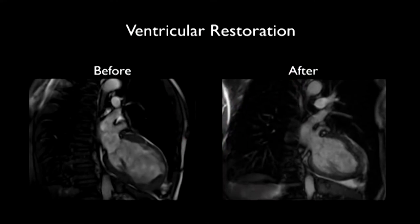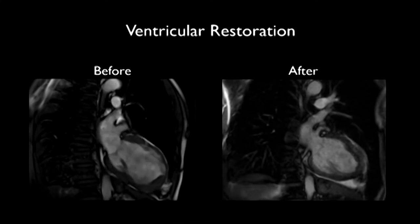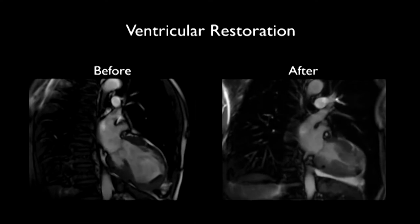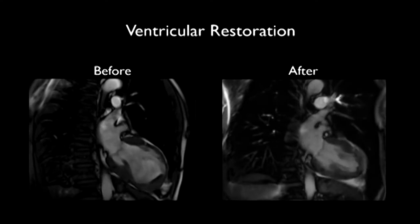This image shows the functional effects of heart failure, and the results after restoring ventricular form to normal. On the left, the spherical basketball shape remains circular during function, and heart output is less effective. On the right, after this procedure called ventricular restoration, the heart resumes its normal conical shape, the basketball becomes a